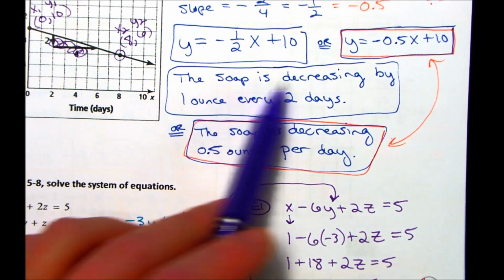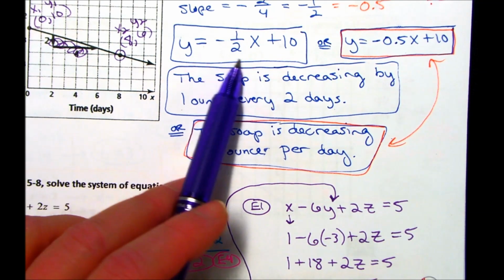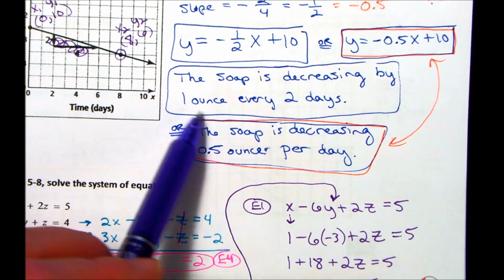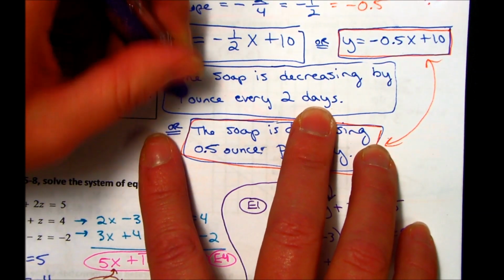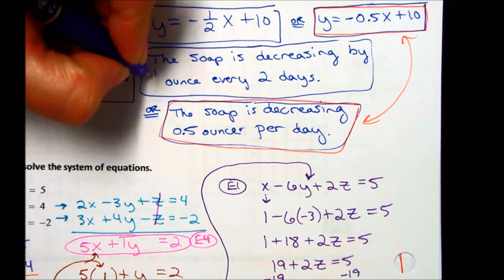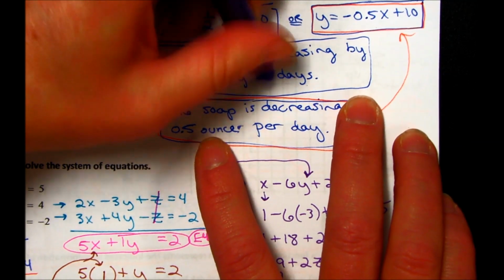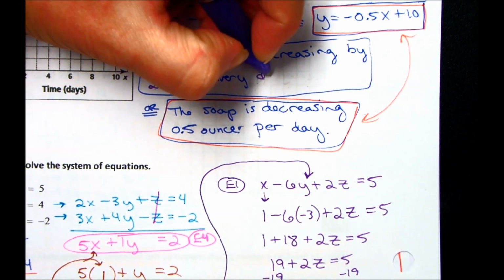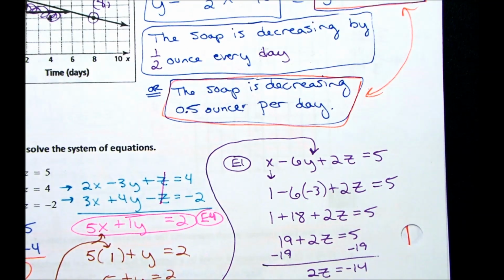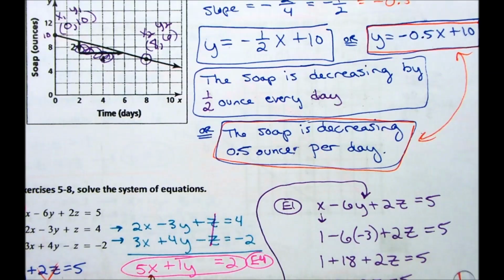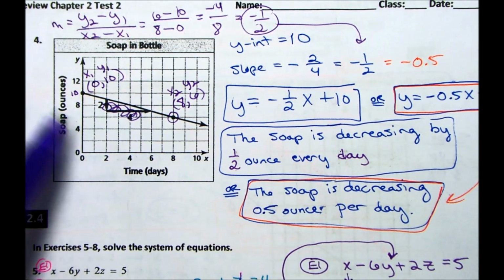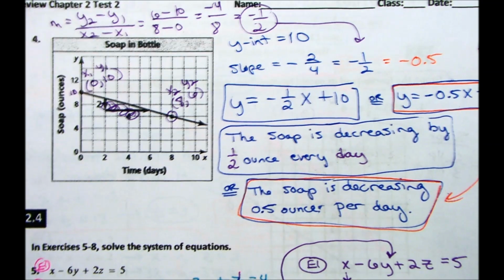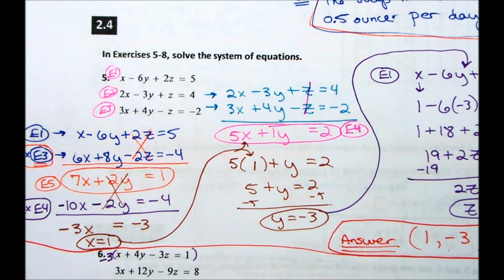I also had put the slope is decreasing by 1 ounce every 2 days. I don't like that explanation. I would rather just say the slope is decreasing by 1/2 of an ounce every day. So I'm going to change that here to by 1/2 ounce every day. Yeah, I like that better. Okay, so again, when you see something like this where you're given a graph, you're finding the slope, writing the equation, and then interpreting the slope. All right, the next one from